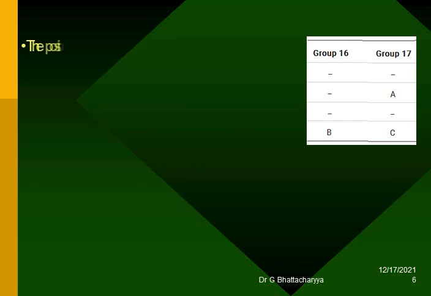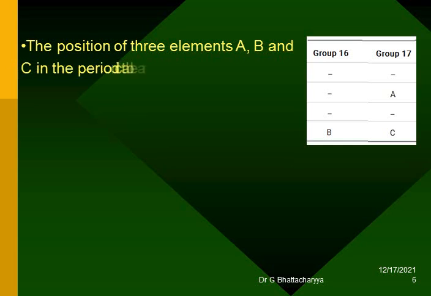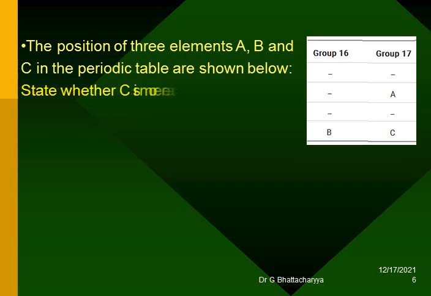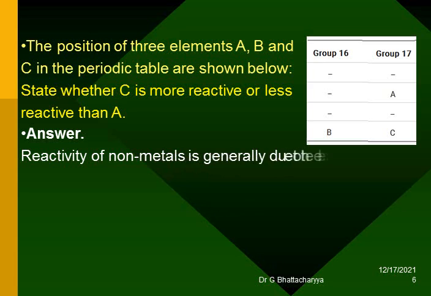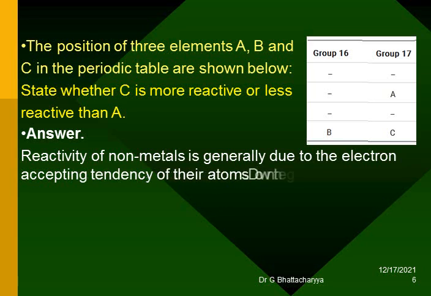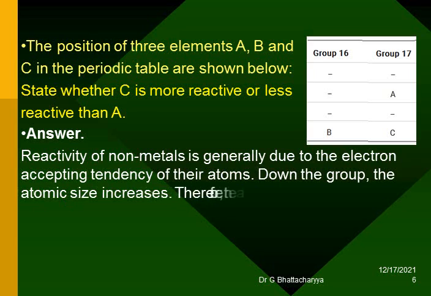The positions of 3 elements A, B and C in the periodic table are shown below. State whether C is more reactive or less reactive than A. Answer. Reactivity of non-metals is generally due to the electron-accepting tendency of their atoms. Down the group, the atomic size increases. Therefore, the attraction of the nucleus for the outside electrons decreases. This means that down the group,